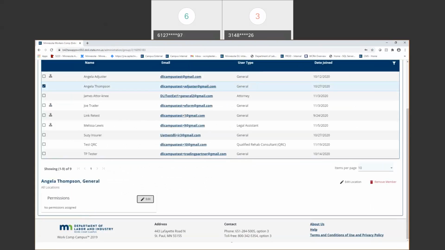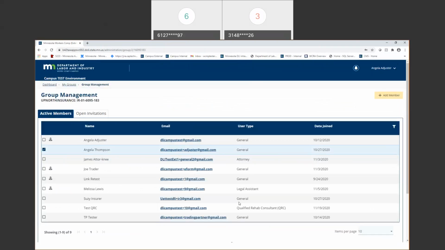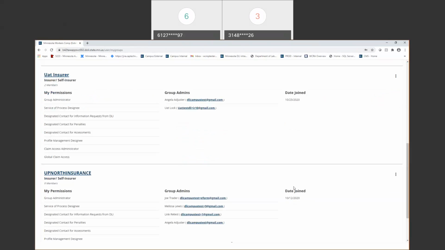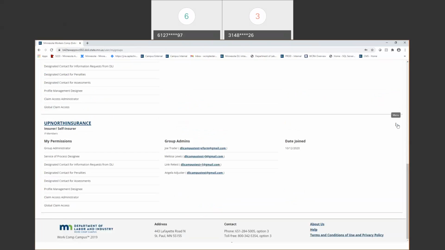Now, something else that I want to demonstrate, since we've been in campus for a little bit, and some of you are possibly experiencing some of this, is just the ability to remove a user. So with that, what I would highly recommend you do is make sure that you have the proper permissions for claim access. You may not need to do this if the user is not associated to any specific claims and is only associated with global claim view,